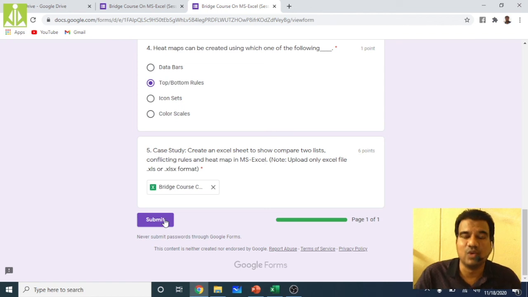If you upload an image, I can't judge whether you have applied the proper formulae, customization rules, or formatting rules. I can judge only when you send me the Excel file, where I can see what formulas and formatting rules you have applied.